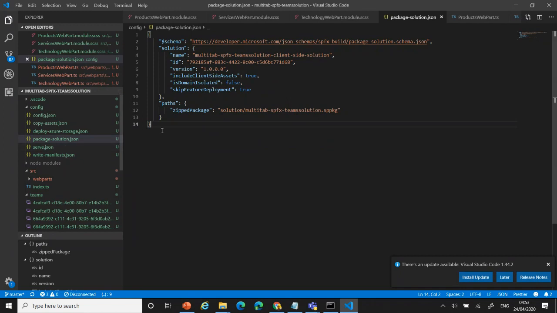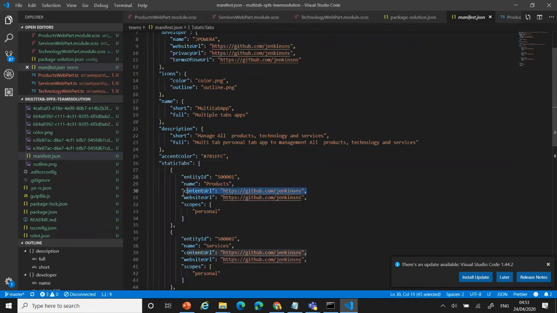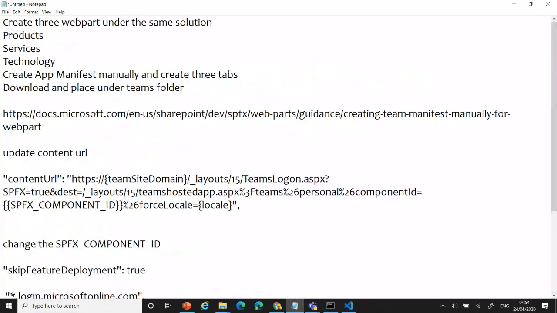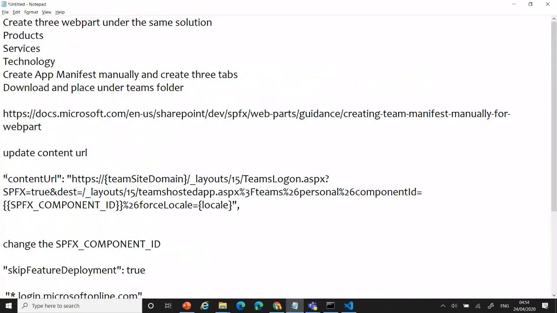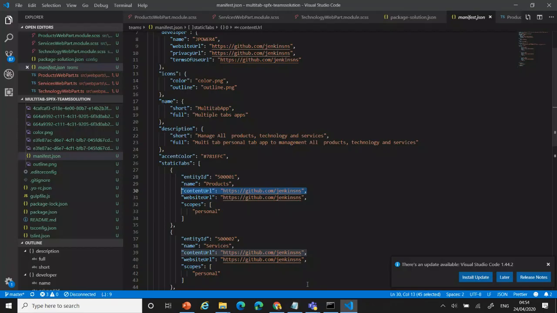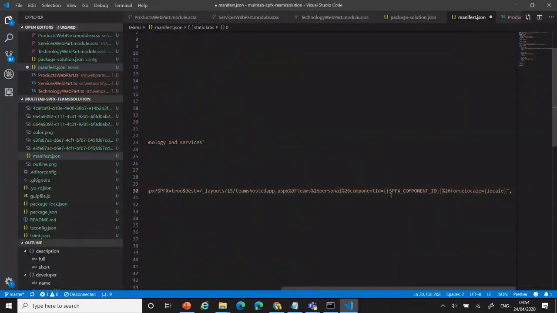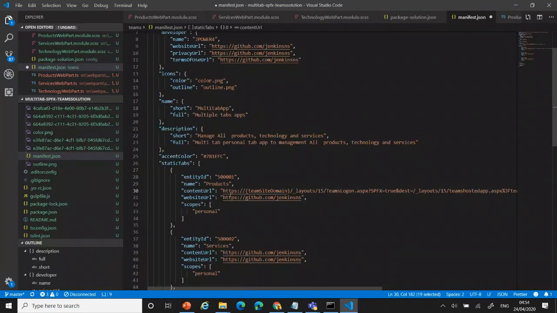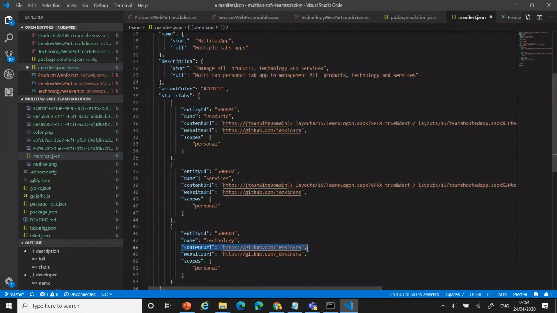And the second one, after this you can go to your Teams manifest.json file. First, you want to change the content URL. Okay, I can share the reference from Microsoft where it's available. You can see the URL here. From this URL, all the reference will be there. Guidance of creating manifest manually. There, I can get this content URL. I copy that. I can replace the content URL here. When you create it manually, they will provide the component dynamically for one web part, one tab. But here we have 3 tabs, right? I'm modifying the same URL for all these 3 content URLs under the tab part.